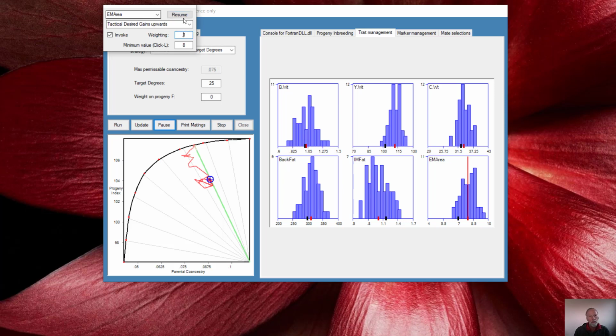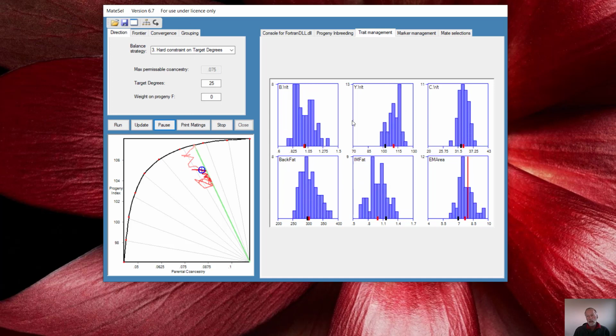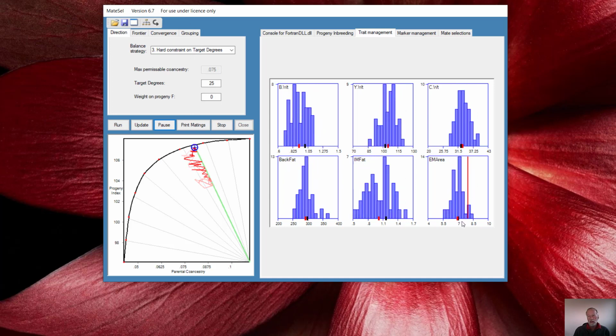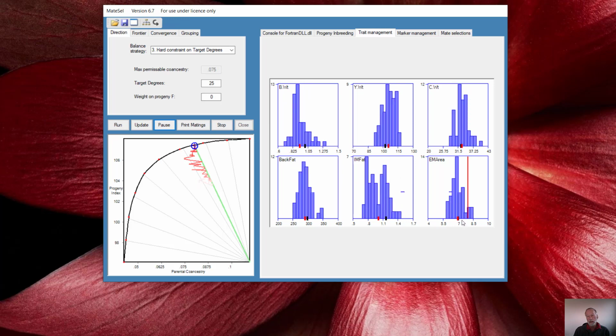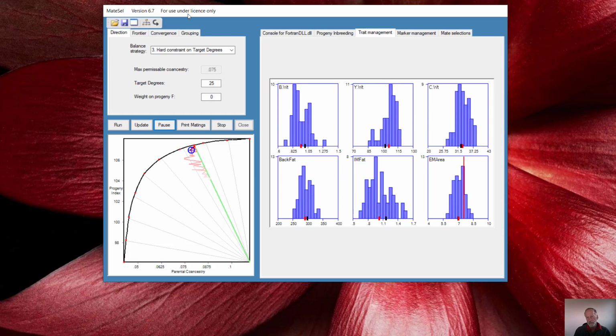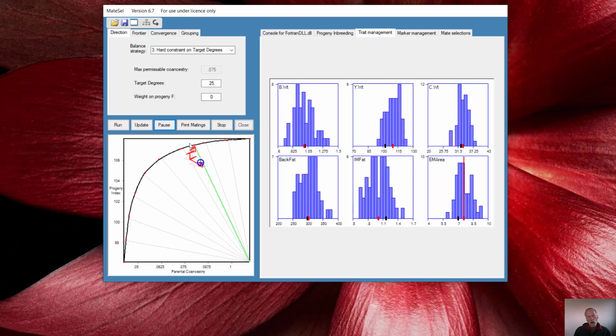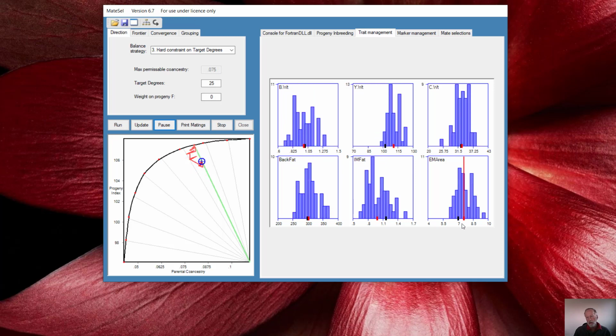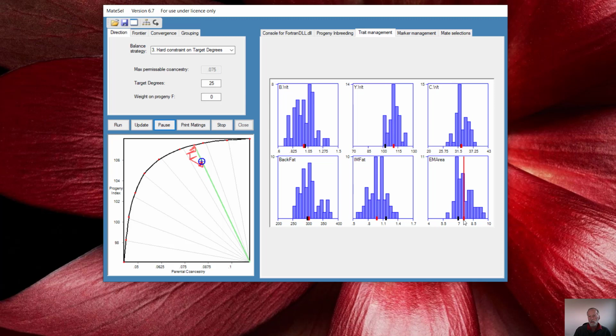Let's go down to 0.1 and resume. The thing is, you don't have much control over what happens here. In fact, there's very little control over that. It's much better to leave that weighting at 1, and for control types like this, achieve the compromise by reducing your ambitions. So let's make this now 7.6. You'll see this red line has moved, and if I resume,